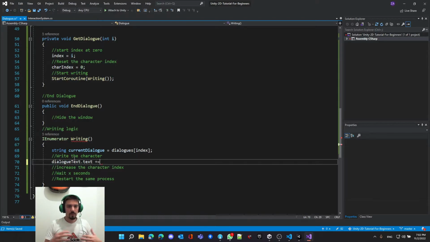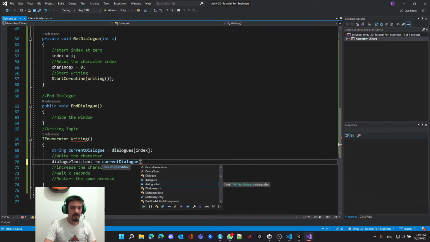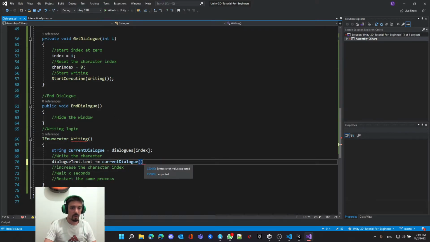Because whenever we start the dialog, we will add character by character. So we cannot just say equals this character, because if we put equal character H and then I, it's going to go in H and then reset I and then space. So we will make sure that we keep appending the data. And what we need to do is we need to use the current dialog that we've selected and use the character index. Yes, so what that does is it takes the first dialog. Let's say the dialog is hello,